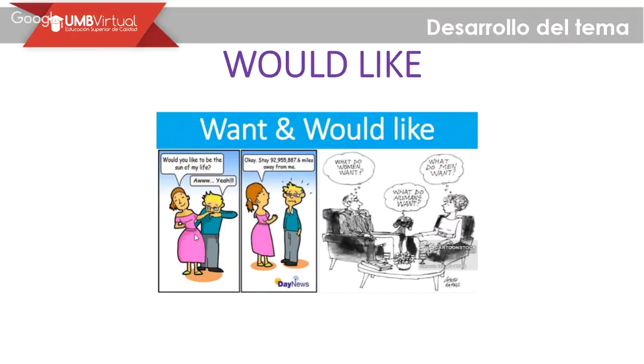Would like expresses an action that you really want to do, right? Me gustaría, o yo iría, o yo pegaría, o yo conocería, o yo vería, right? Like those expressions that you really want to express with an intention that you desire doing, you can use